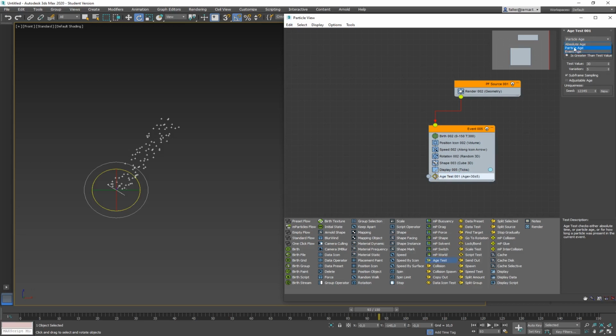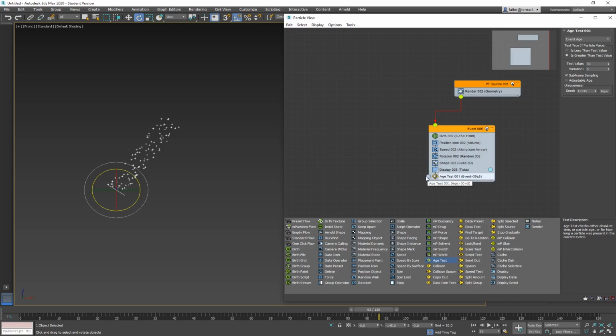You can test for the particle age. Then the absolute age means maybe if the particle is born not at the beginning but a little bit later, it actually uses the whole time. And the last one, the event age, would be the age as long as it is in the event. So in this case, it's the same as the particle age.